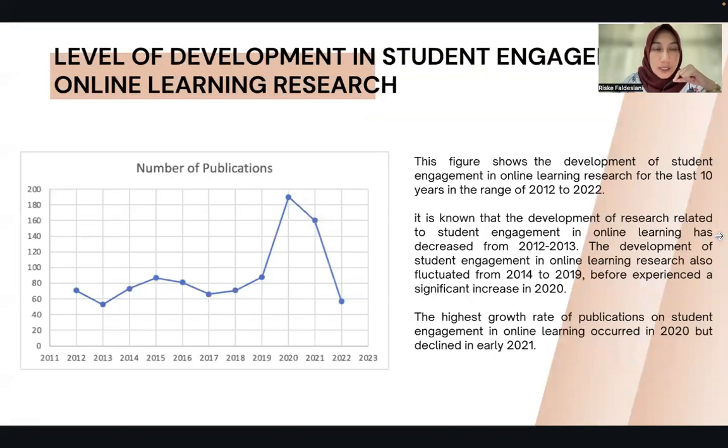The next one is the figure that shows the development of student engagement in online learning research for the last 10 years, in the range of 2012 to 2022. It is known that the development of research related to student engagement in online learning decreased from 2012 to 2013. It also fluctuated from 2014 to 2019, before experiencing a significant